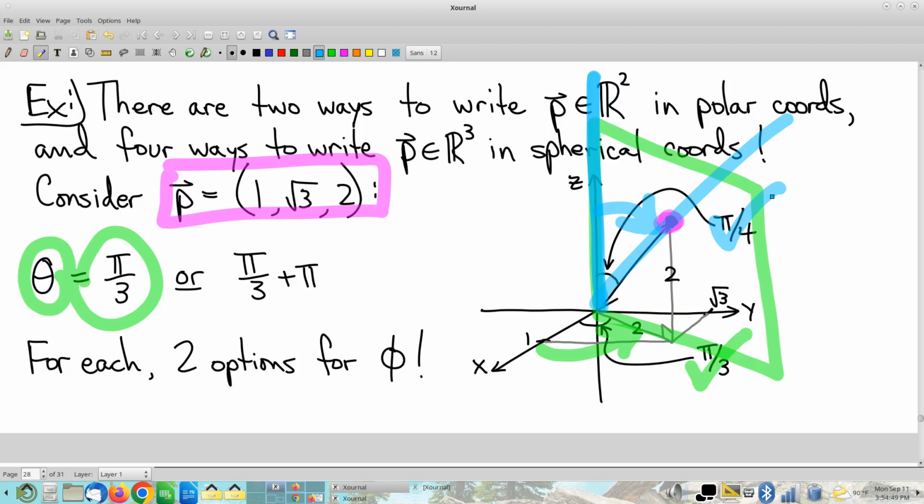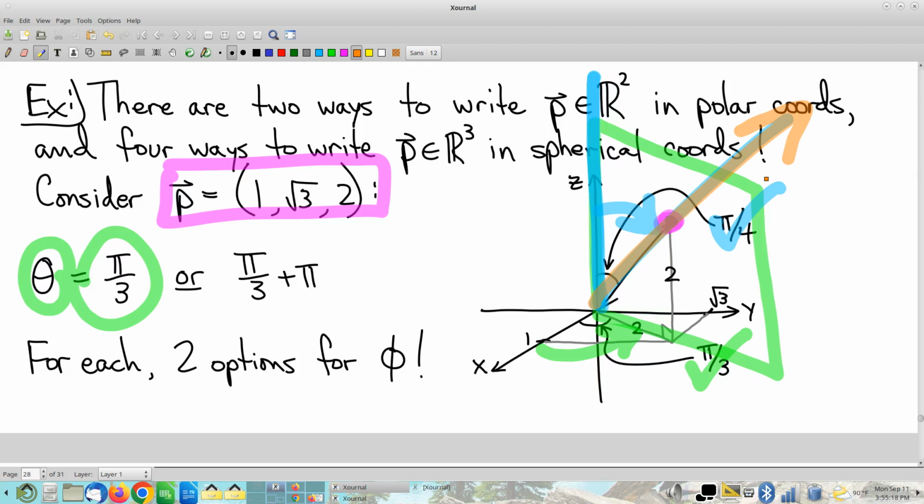So theta equals pi over 3, phi equals pi over 4 defines this direction, and once you have a direction, then there's just a question of what is rho. In this case, we're going toward the direction that we've defined, going toward the point we want to get to, and so rho is just going to be the positive value of whatever that length is. That makes sense to everybody? Okay. Now,